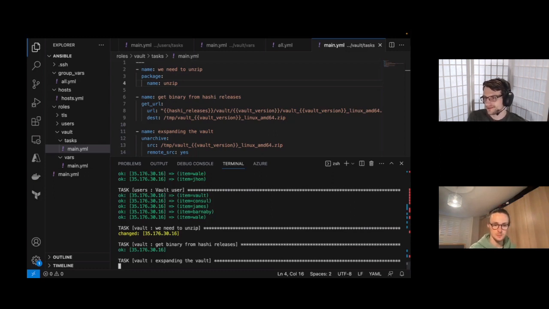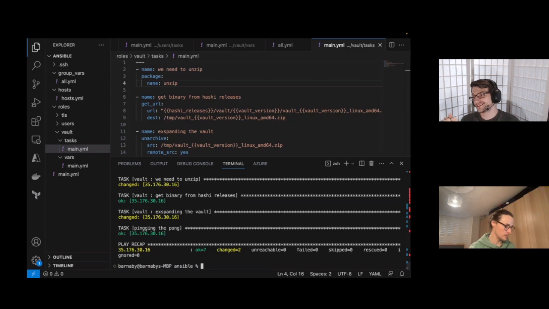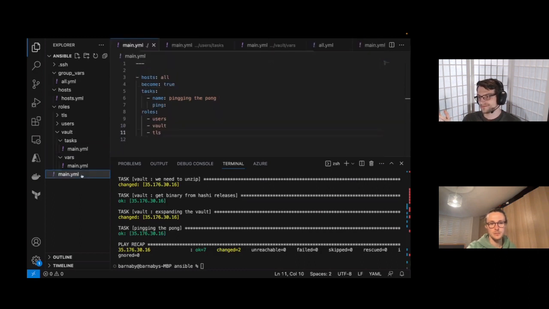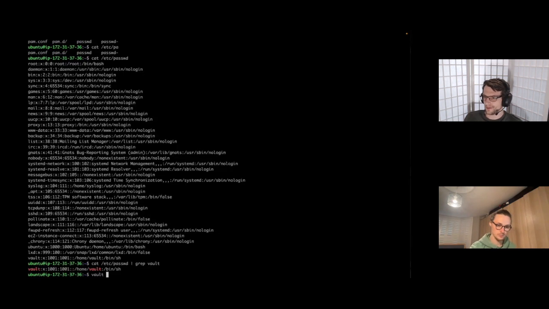All right, so something interesting to notice. The last thing it's doing is pinging. So tasks will run after all the other roles. If it was two roles, it'll do it separately. If it's two plays, it'll do it separately. But in one play, it goes pre-tasks, roles, post-tasks, tasks, I believe. They may not be called pre-tasks and post-tasks. They may be called something else, but